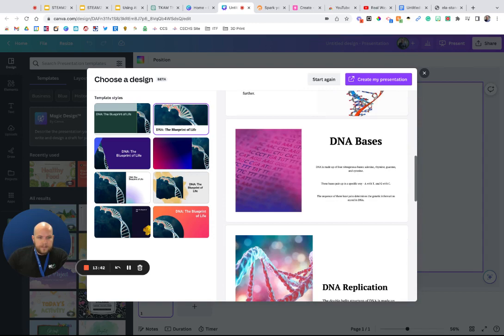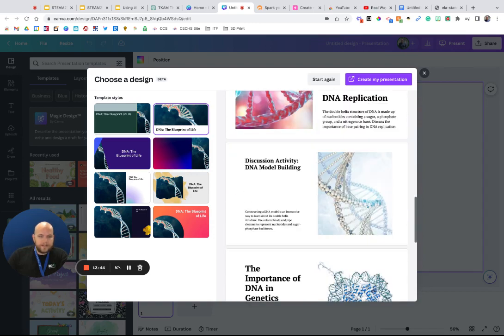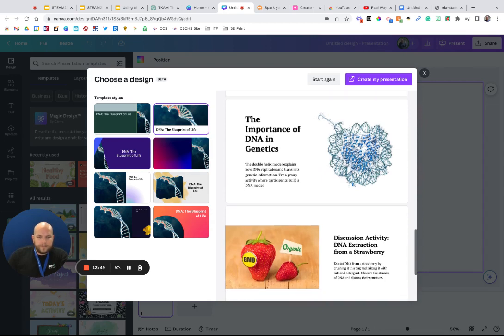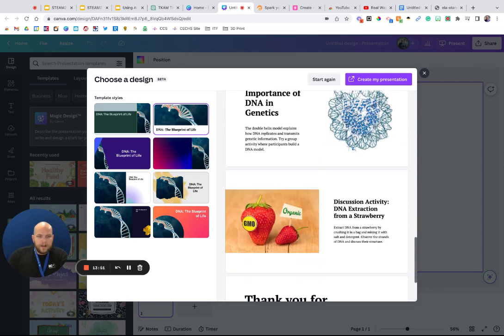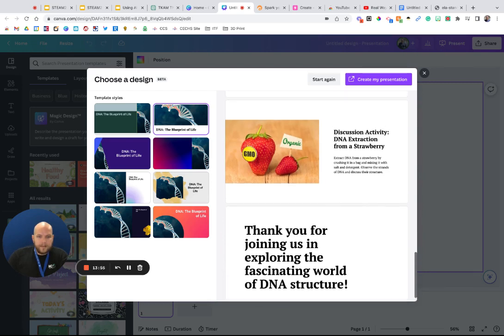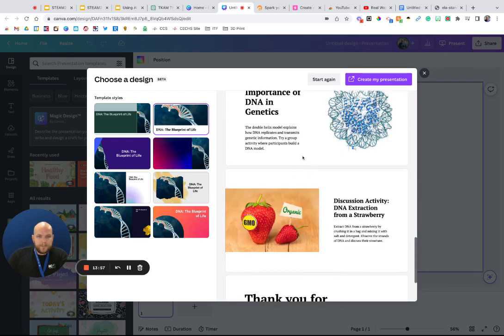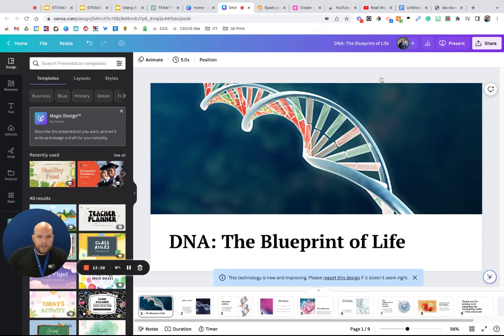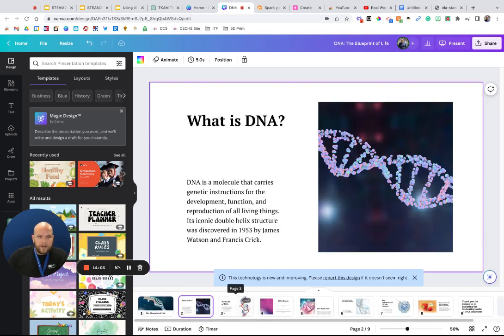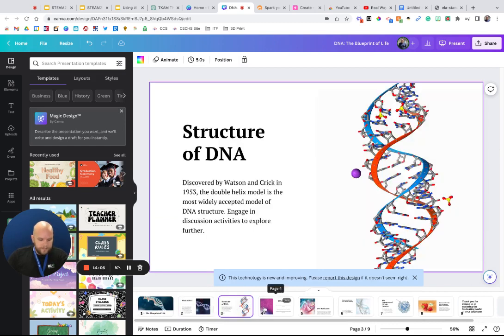We've got slides that correlate with it. Depending on the topic, it may be a little off or not quite the same. But if this is a layout that you like, here's our discussion activity. We can click create my presentation, and boom, I've got 9 slides created, ready to go using Canva.